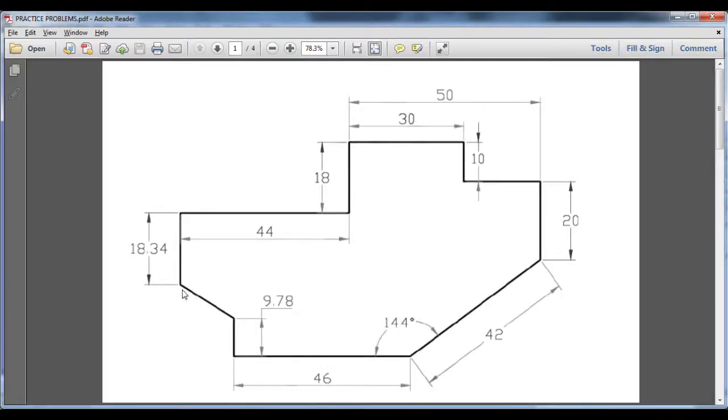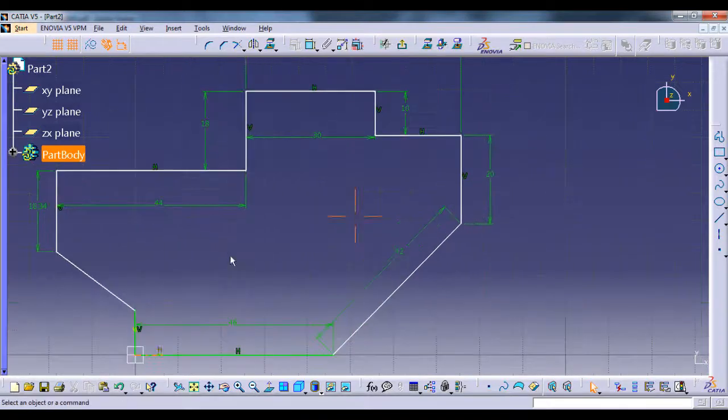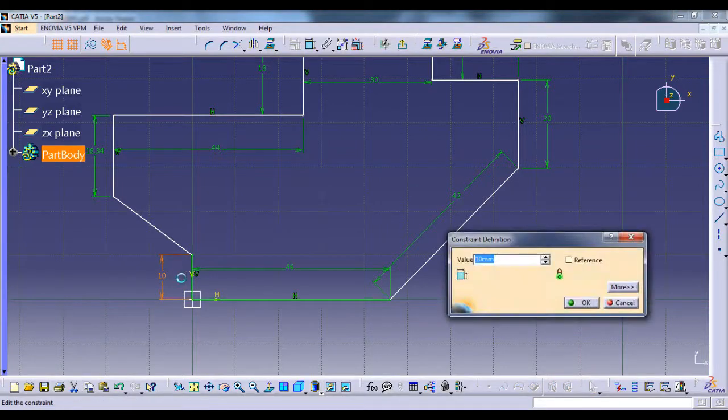Okay, now forget about this slanting line, but we know that the length of this vertical line is 9.78 mm. So we will enter that length. So we'll zoom in a little bit. So the length of this line is 9.78 mm.